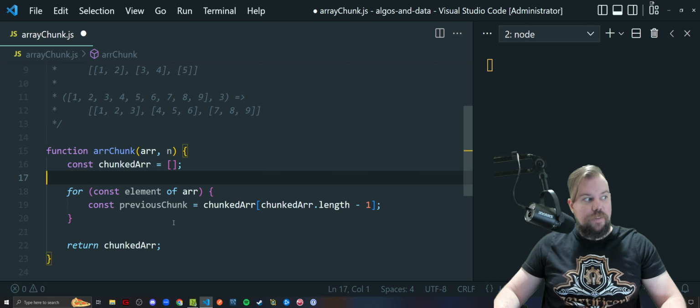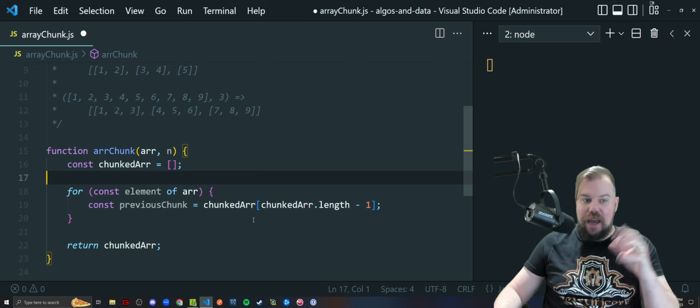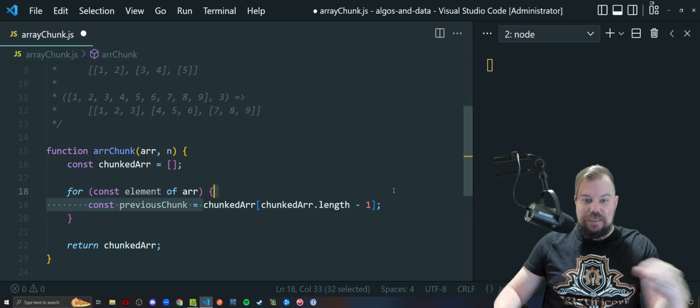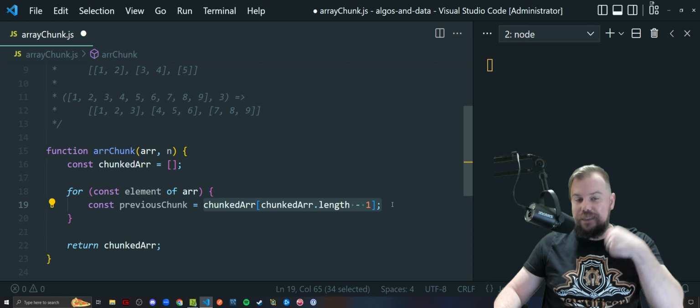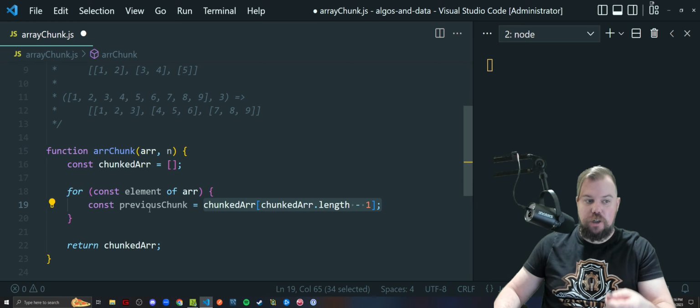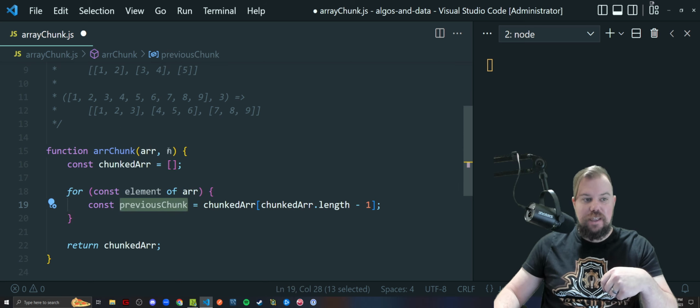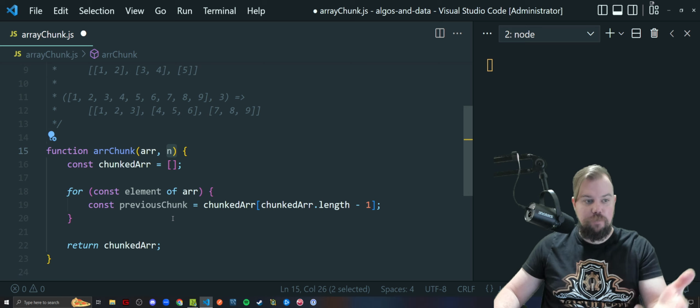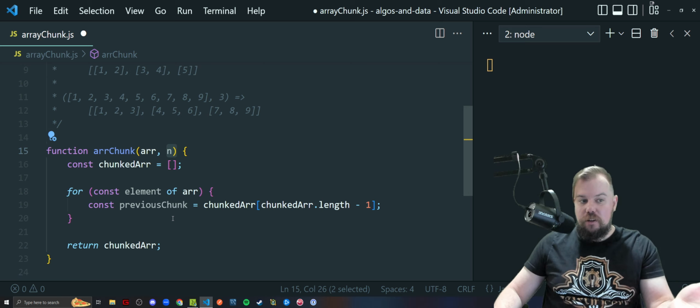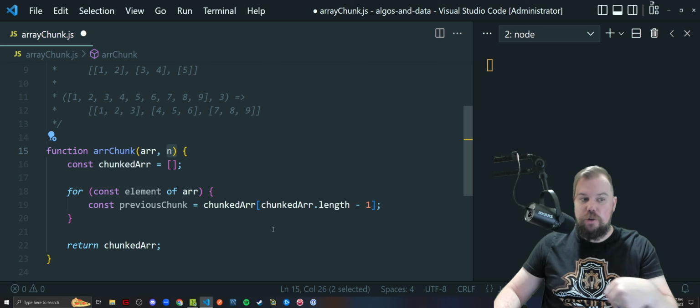If there isn't one, then we simply need to make a new one and add the element into it. If it exists, we then have to check its length, right? The previous chunk's length, to see if it's hit the n or not, the length that we were specifying for this particular function. If it hasn't hit it, then we add it in there, and if it has, then we add it to a new one. And that's all it really boils down to. So this logic right here,